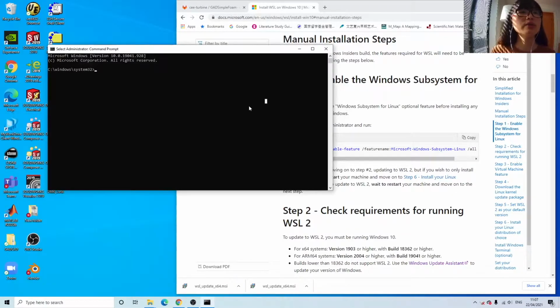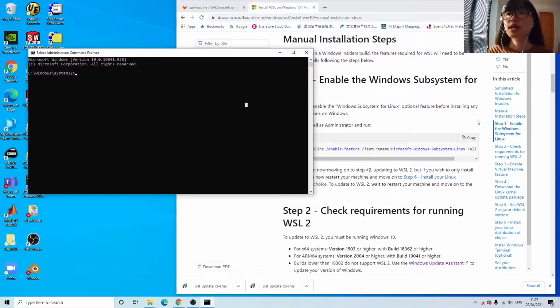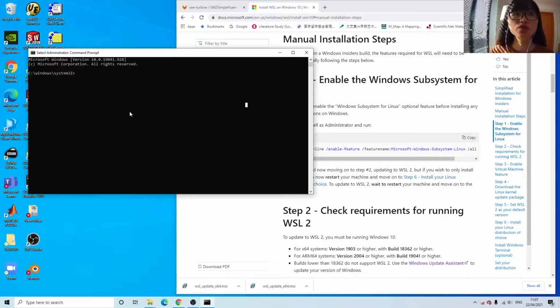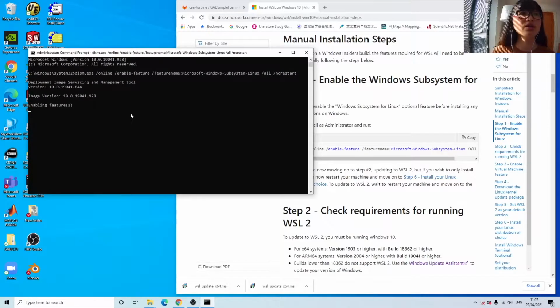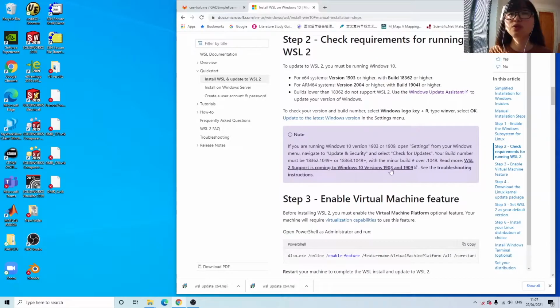So now it's opened the PowerShell for us as administrator. Now let's copy and then paste this command to the PowerShell by pressing the Control and V key on your keyboard, and then press enter to run this command. Okay, so here it says the operation completed successfully. That was quite fast. I believe now we can close this window and then move on to step 2, which